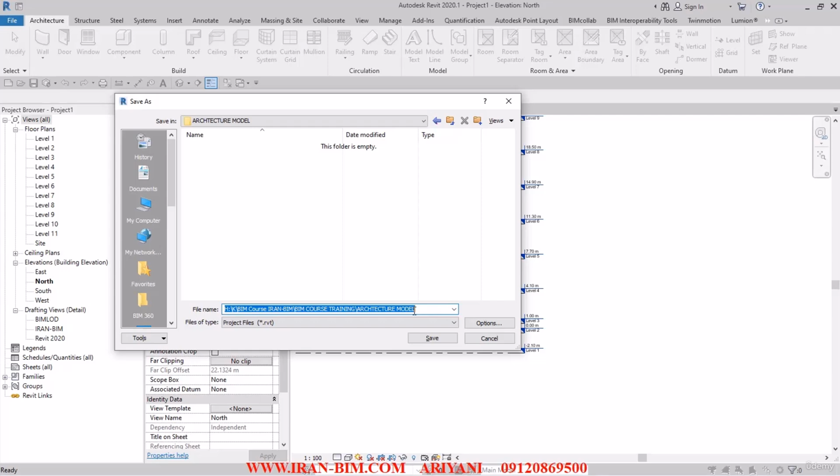Because one of the most important points in BIM and document management is the naming of the files, which is very key and important to us. You need to name the files correctly. For example, here we have an instructional file. I named the folder